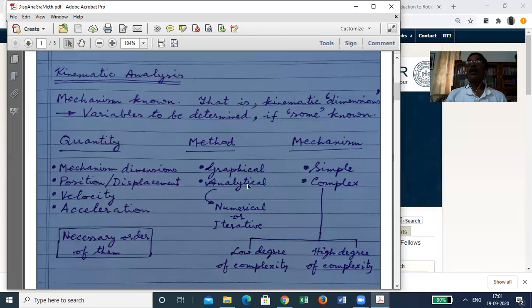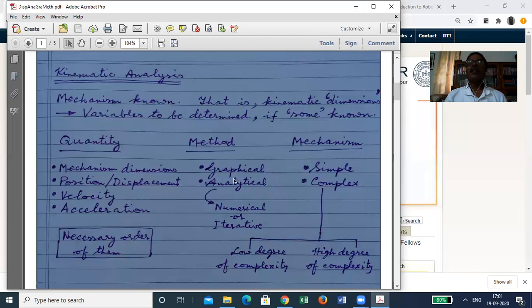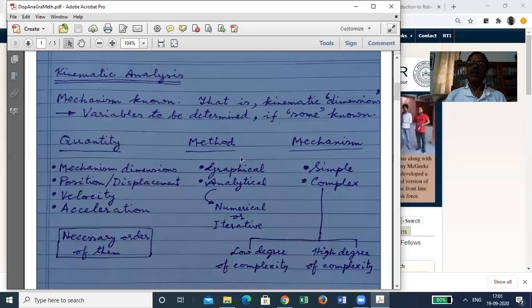Now, still you say that analytical methods can solve every determinate problem here. The reason for that is that for developing a program also, you will need the same expressions which an analytical method would produce on its way. Okay. So first we will discuss the graphical methods and then analytical methods. That means in displacement analysis, first this, then this. Then in velocity analysis, first this, then this. And finally in acceleration analysis also that order.